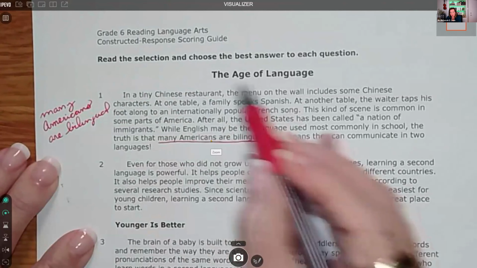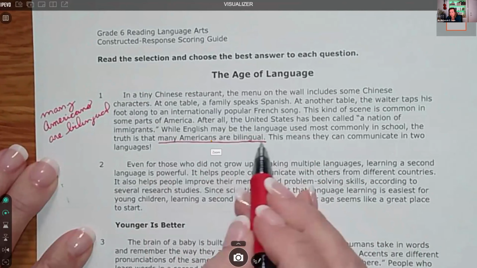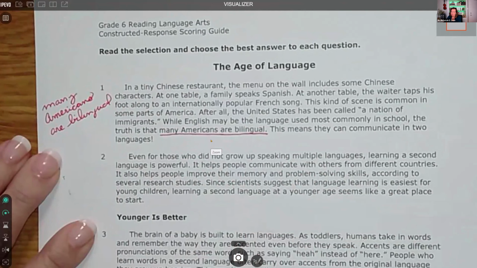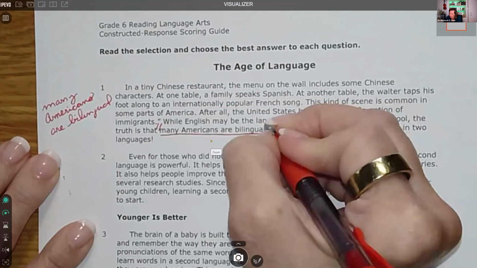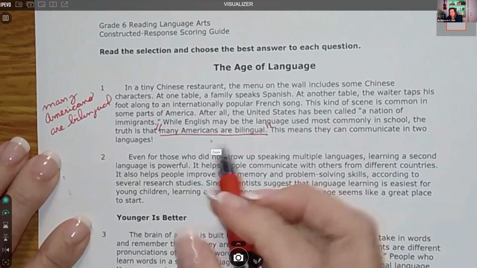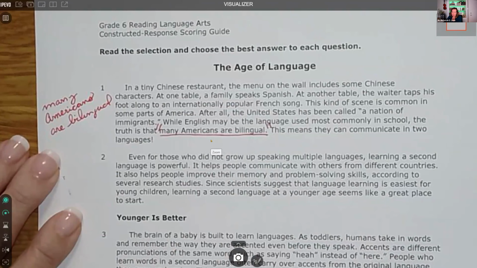They have to take this whole thing and summarize it. Sometimes it can be summarized by something that's in the passage. Other times they have to deduce what the paragraph said. If they're going to use this in their piece, I would have them put quotation marks around it so that they'll embed quotations as they are reading it. Because on the test, you want them to use quotation marks. You do not want them to paraphrase. And the reason why you do not want them to paraphrase on the test is because